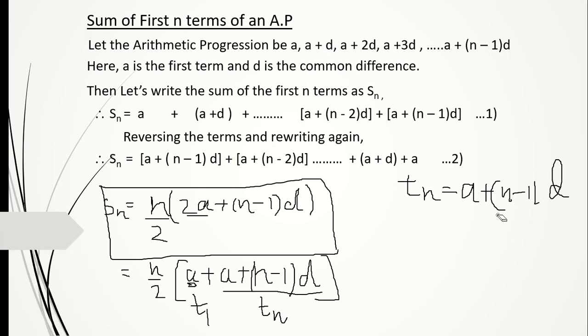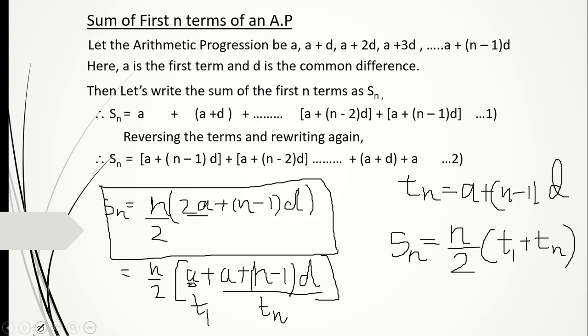Whenever we know the first term and the last term, this is the short formula, and with this short formula you can find the sum. That is Sn is equal to n by 2 in the bracket T1 plus Tn. That's it. For that you need to know the first term and the last term of the sequence, and then you can find the sum quickly. But when we don't know that, we know the common difference, we know the first term, we know the n, how many terms are there, then that time we can use this formula.